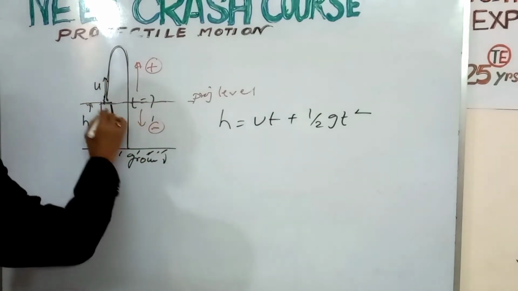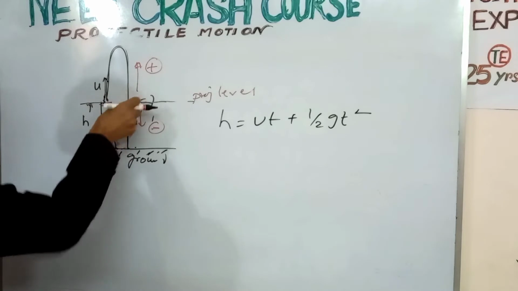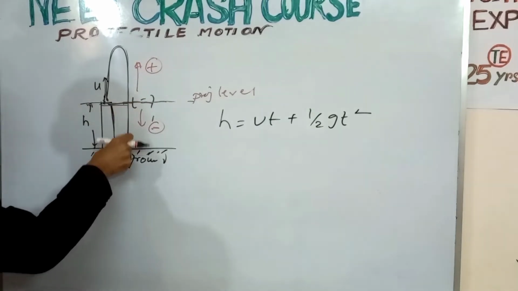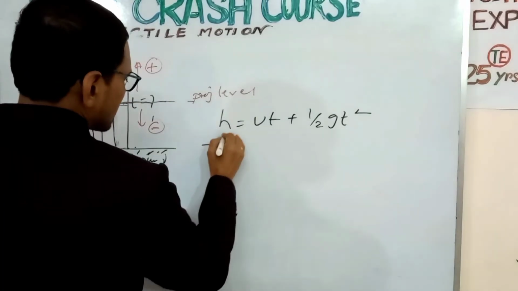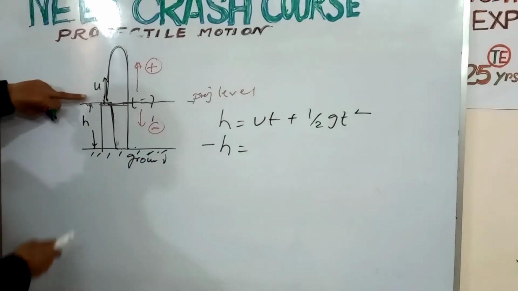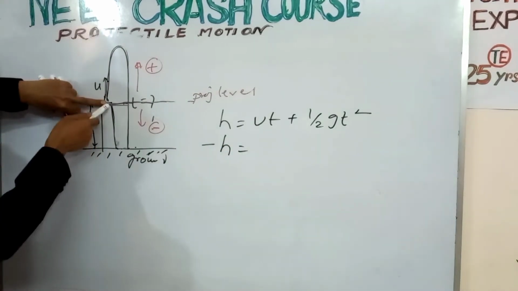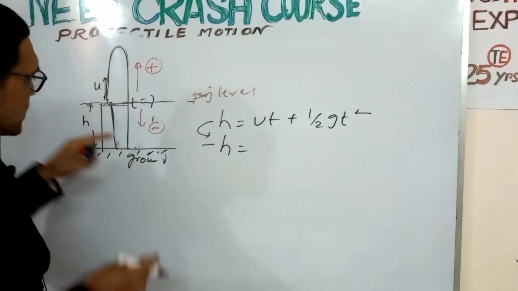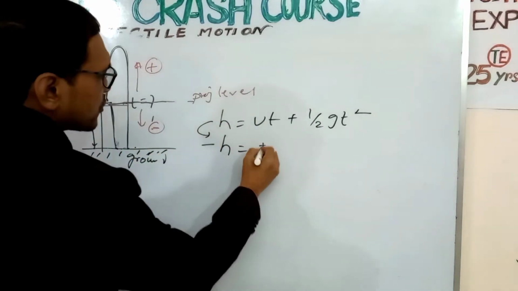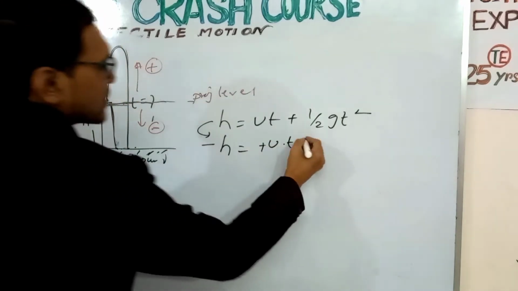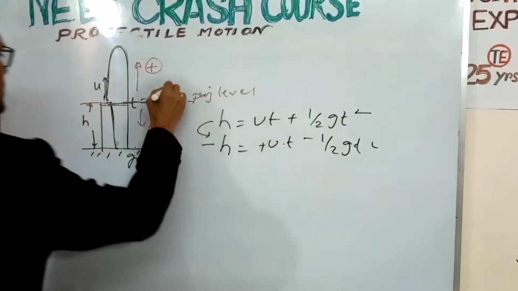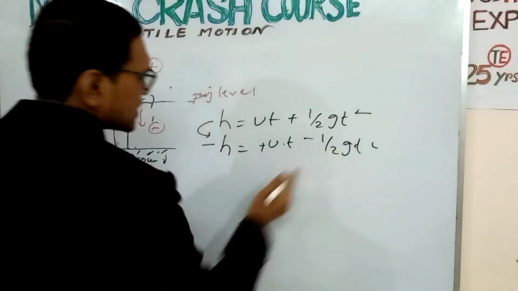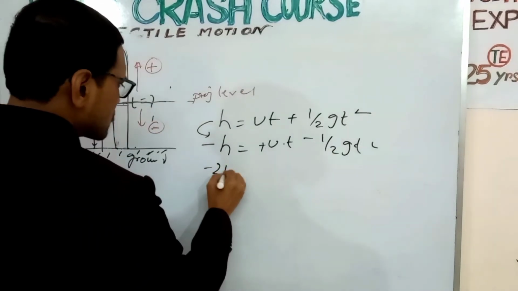So what is the direction? What is the displacement of the body? Displacement is along vertical downward, that is along negative direction. So we take minus h. That is, net displacement is from this to this, net displacement along downward direction. So we get h equal to this, net displacement along this direction. u is taken positive, ut, and g is negative. g always acts in downward direction, so we take minus. So from this